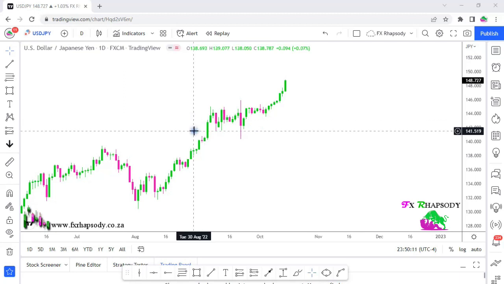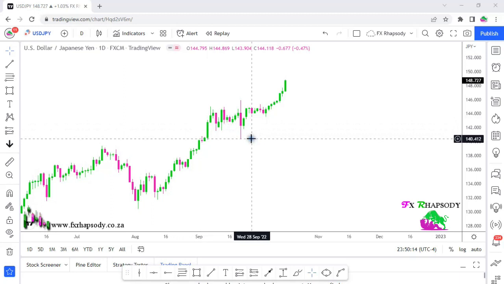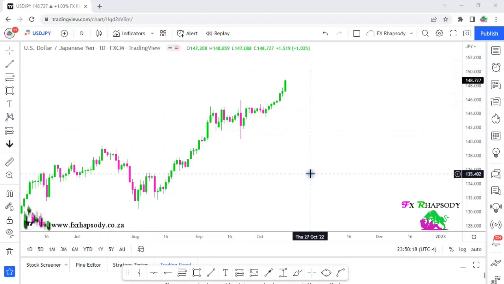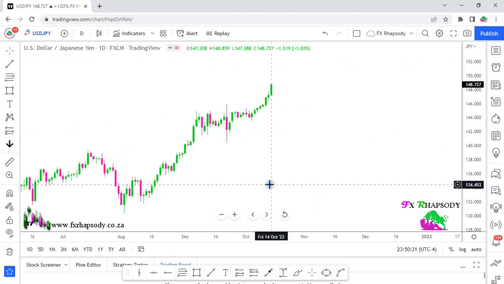So let us hit the charts. We're starting off on the USD JPY. Okay, we're starting out on the daily time frame, and then we're going to move our way down to the hourly time frame. So on a daily time frame, you can see that